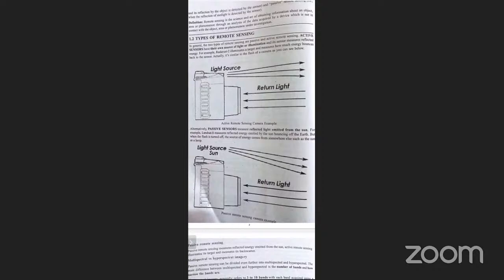It relies on sunlight or natural light, wherever or whenever sunlight is available, and then we take the photograph. The example for this is Landsat, which means land satellite. Landsat 8 measures the reflected energy emitted by the sun bouncing off the earth. When the sun is releasing energy on the earth surface,